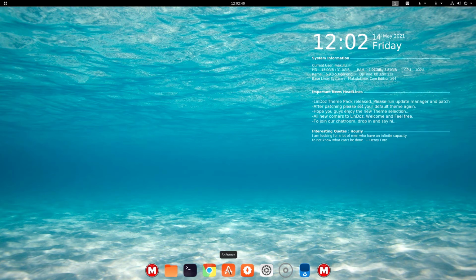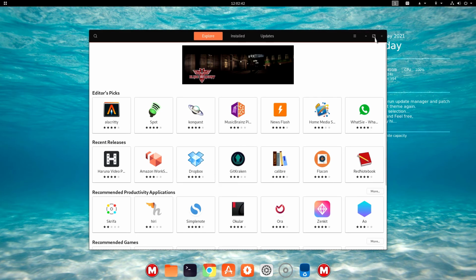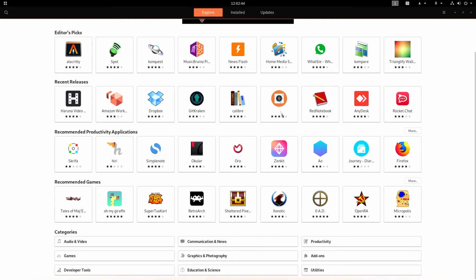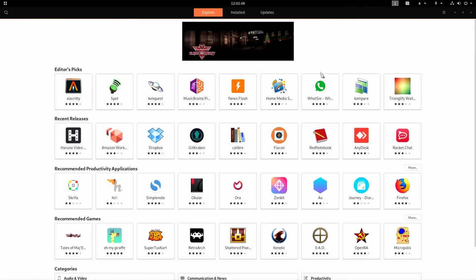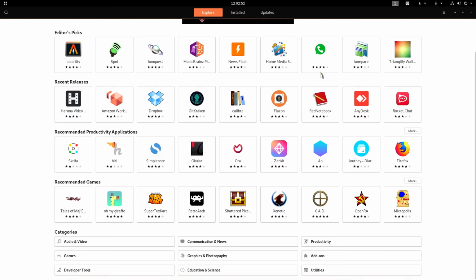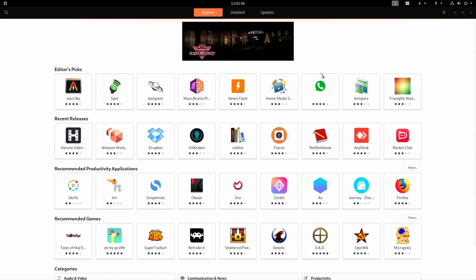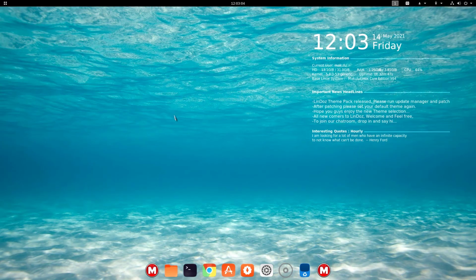You can simply just go down to the Software Center, open it, and you've got tons and tons and tons of stuff that you can install. I mean, I think there's more than 100,000 apps on here. We've got Flathub on here, Snaps is on here. So you have access to hundreds of thousands of apps. Very, very easy to install. But yeah, so out of the box,